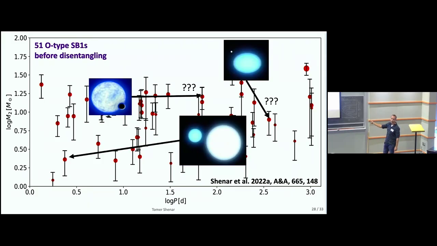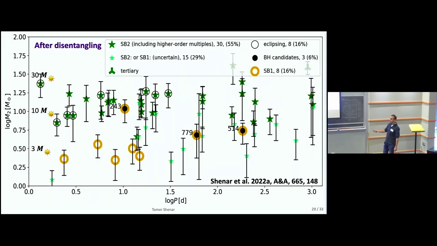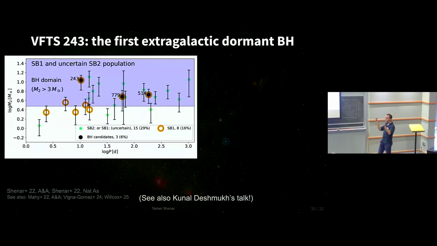We implement spectral disentangling, and lo and behold, everywhere where you see a green star, this is where we actually retrieve a companion. So Lika, you asked before, what can we do with all these cool companions? They typically probe the more extreme mass ratio regime. So they help us find binaries in a more extreme mass ratio regime, and we can actually populate the mass ratio distribution, and we did that in that paper, for example. Okay? So they're usually not that mysterious, they're simply faint stars.